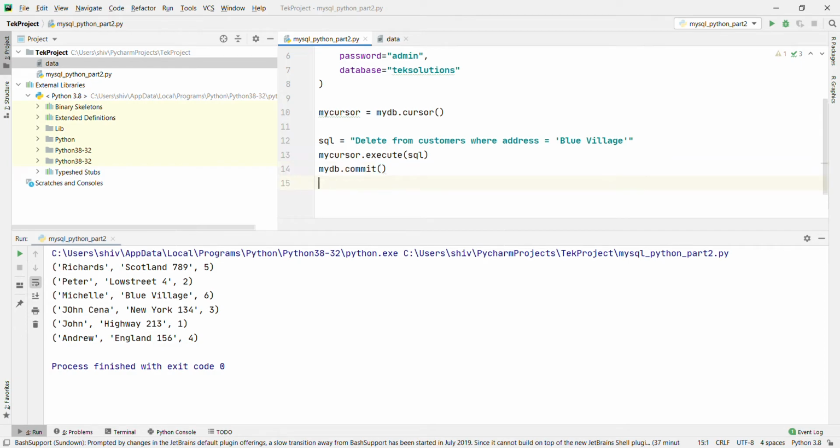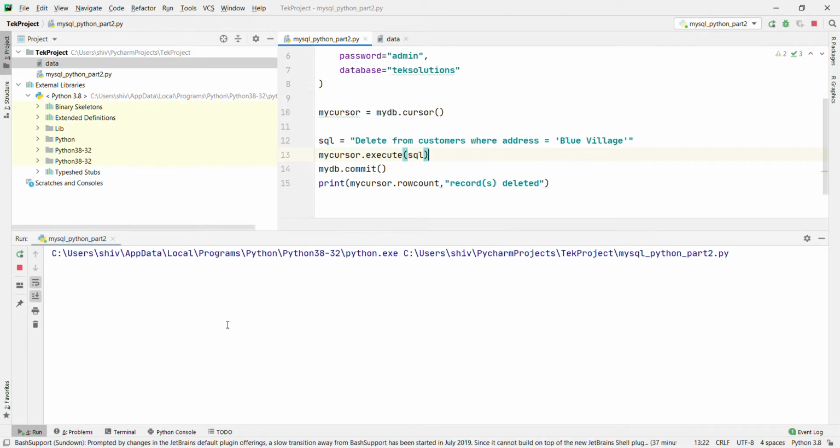Okay, then print my cursor dot row count, records deleted. Then how many records are going to be deleted? Only one record. Okay, let's run and see. Okay, one record deleted.